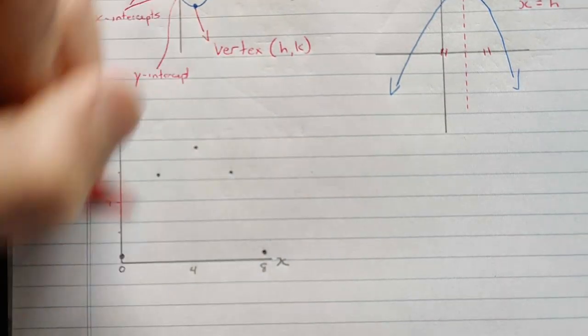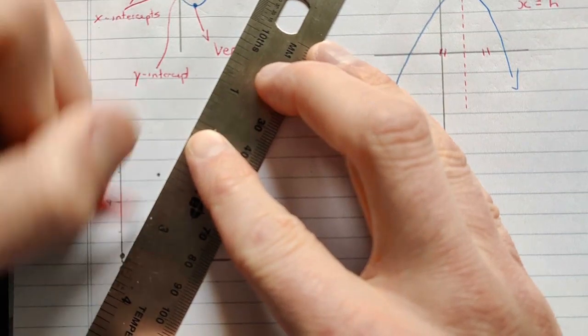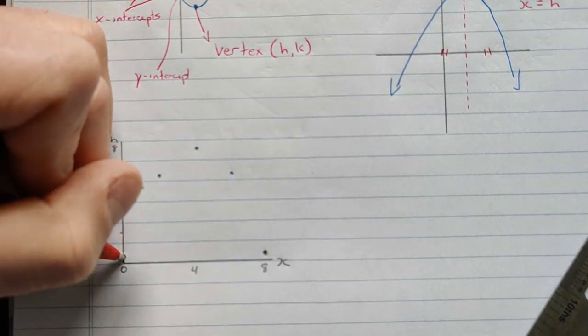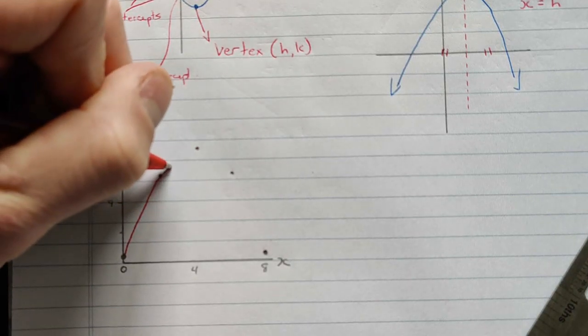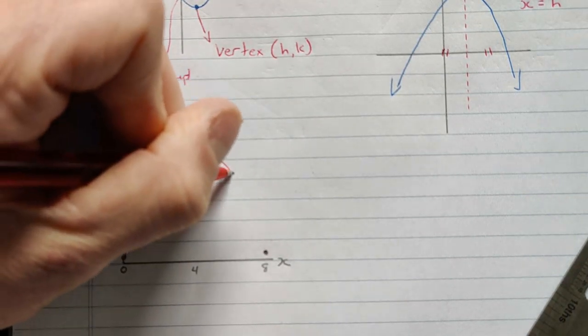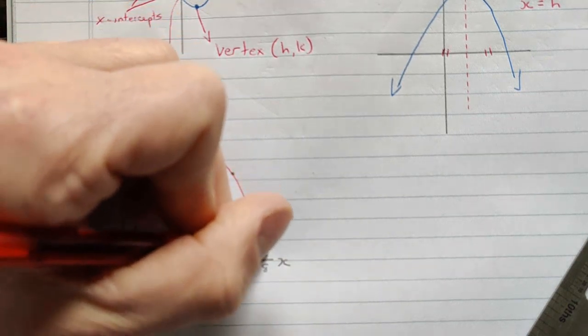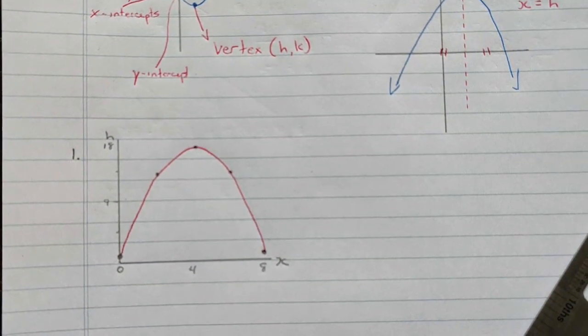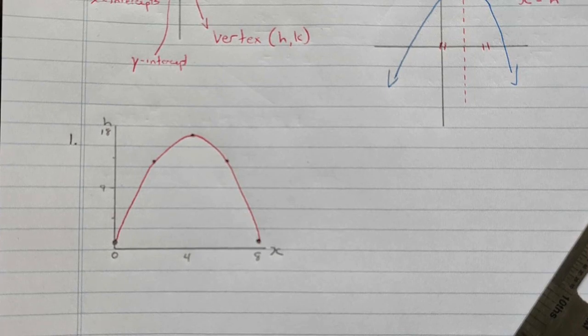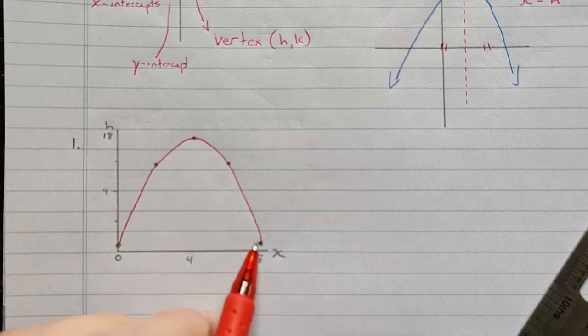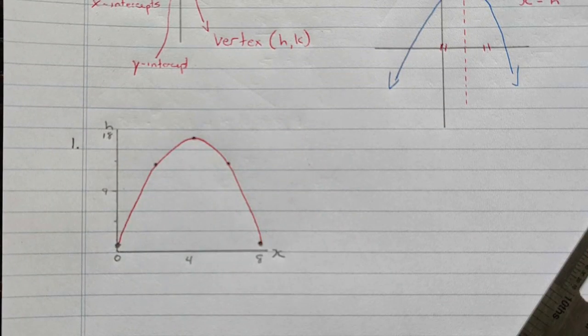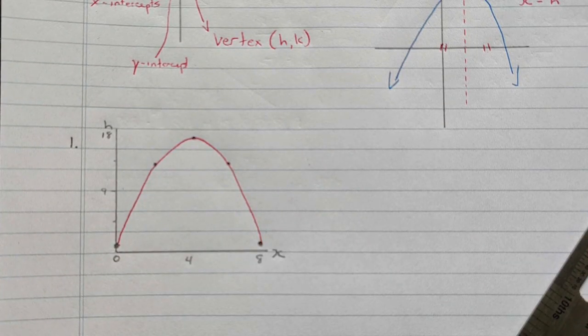So I'm going to try and connect the dots. And these aren't straight lines, so don't use a ruler and connect these. That's not the right way to do it. These are not a line graph. They are a curve. Should follow a smooth curve, best you can draw. So there's my parabola. So there's a sketch. That's a little more detailed sketch, but I wanted to go over a few of those concepts with you. The key idea here is that we're getting really the start, the end, and the vertex. Those are the important points in this situation